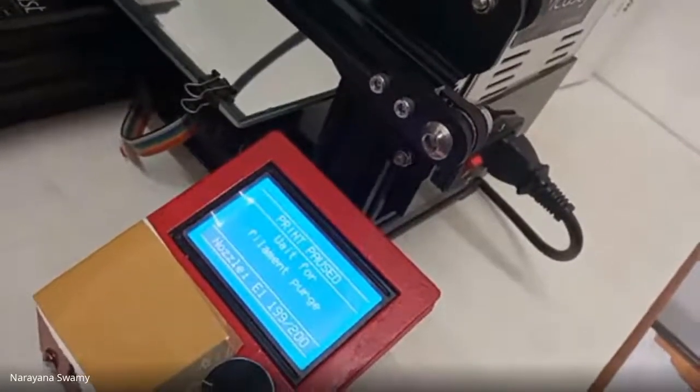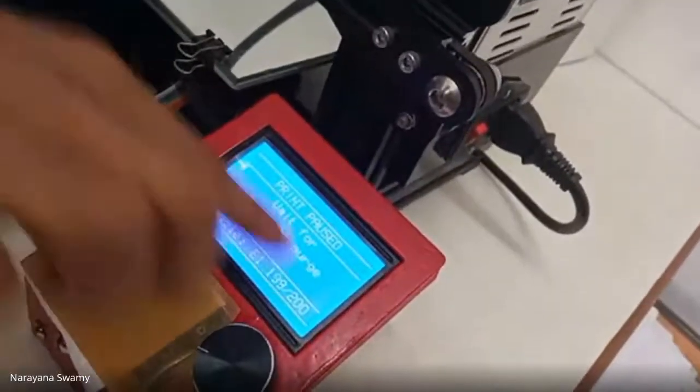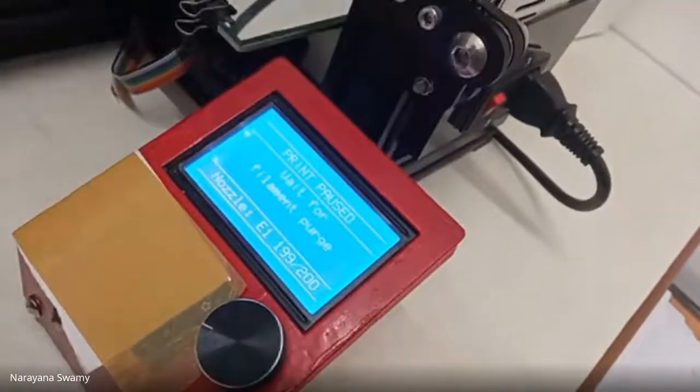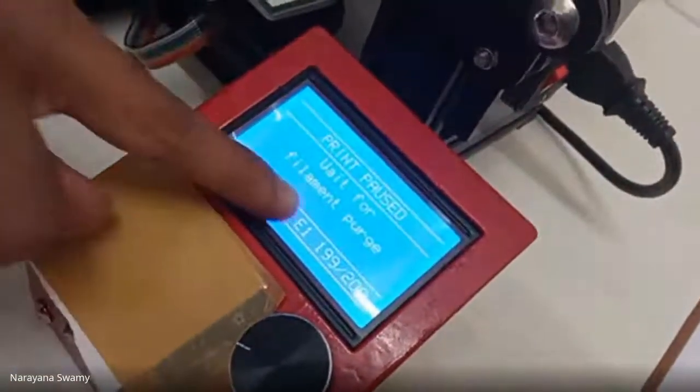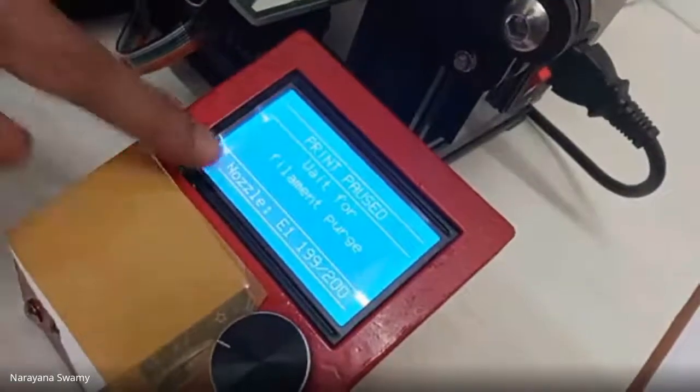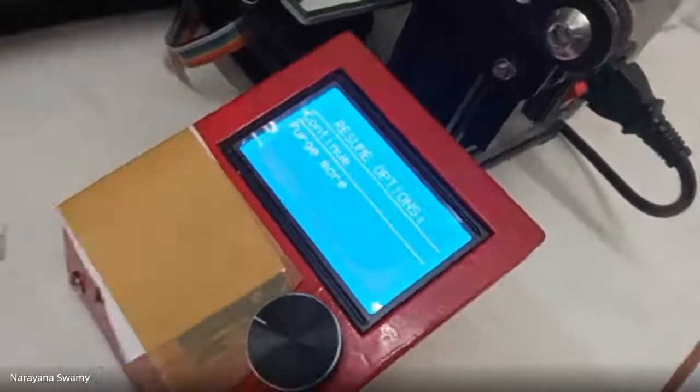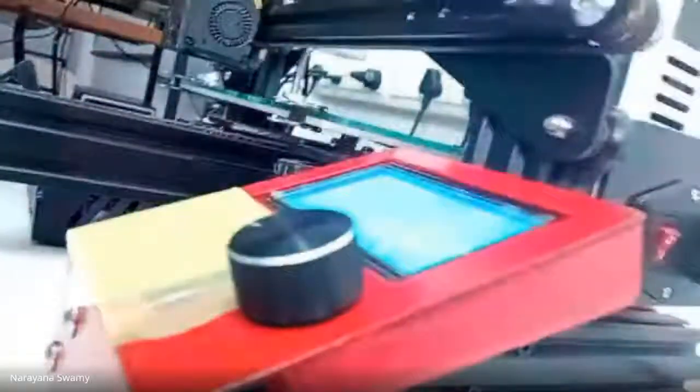So here the nozzle is at the feed position, the nozzle feed position. The filament is sitting first there.